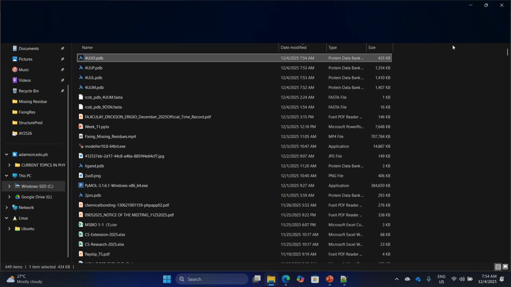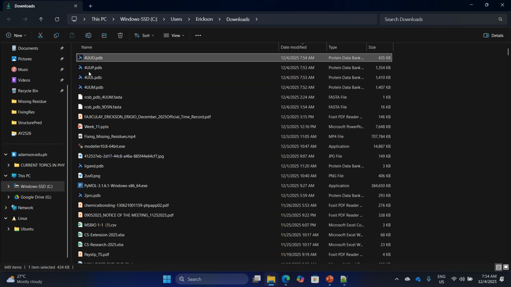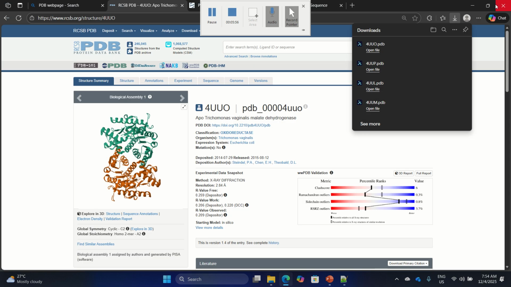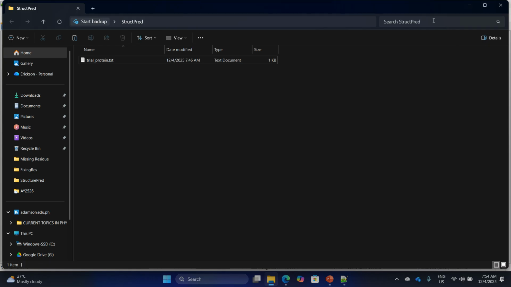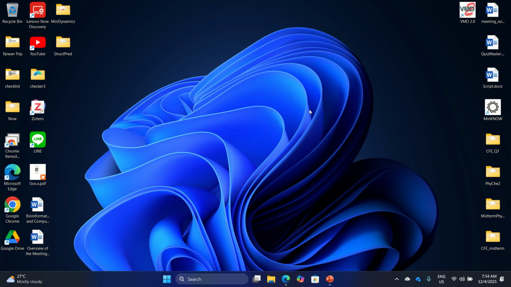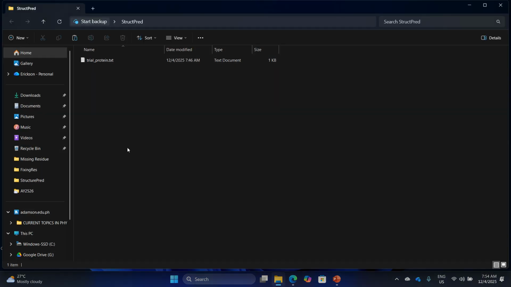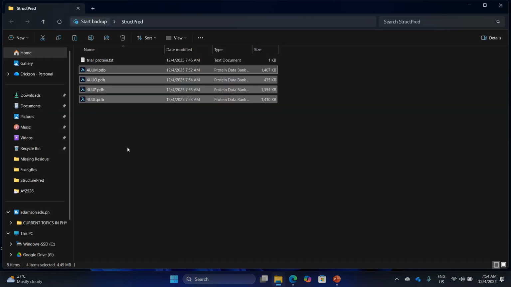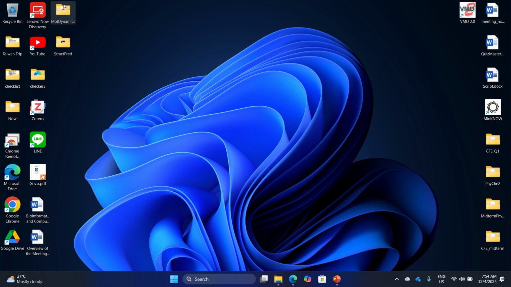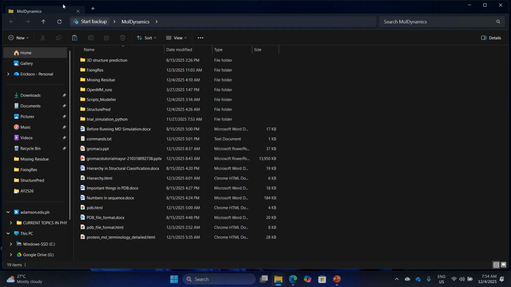I'm going to copy all of this into the struct_pred folder. Then we need five scripts in order to predict the structure of our protein. Let me get those scripts.